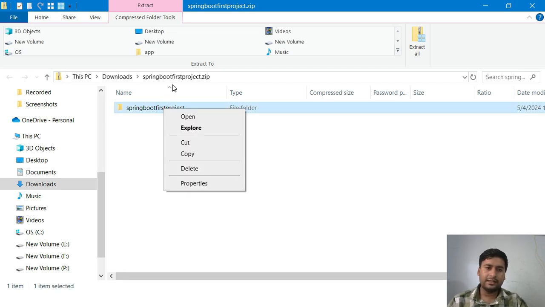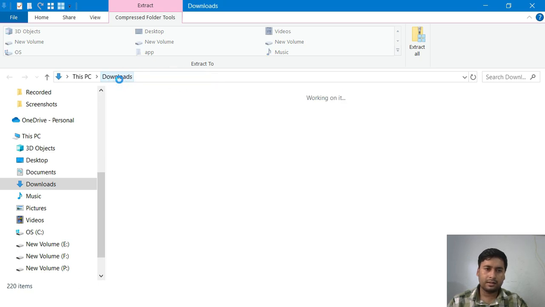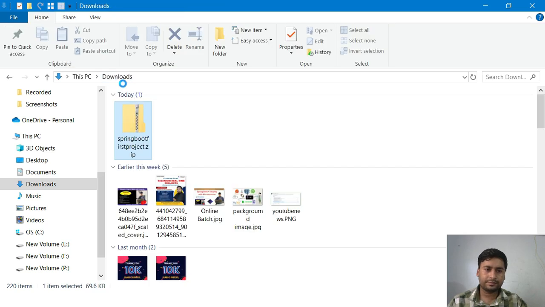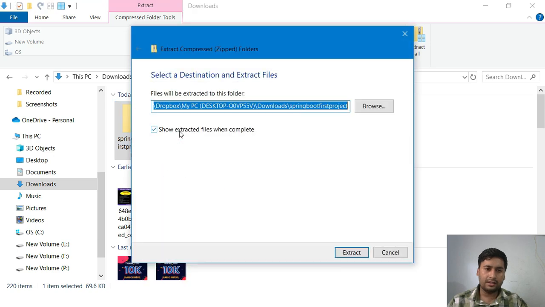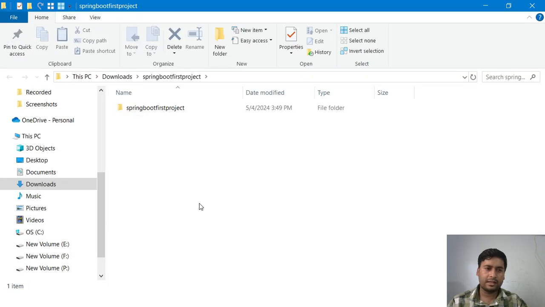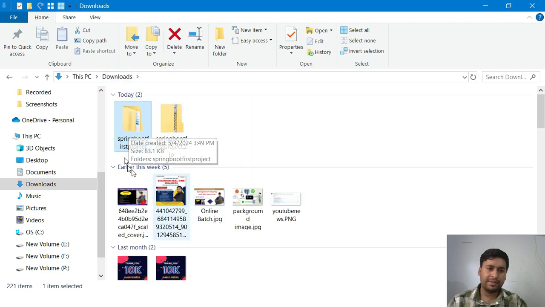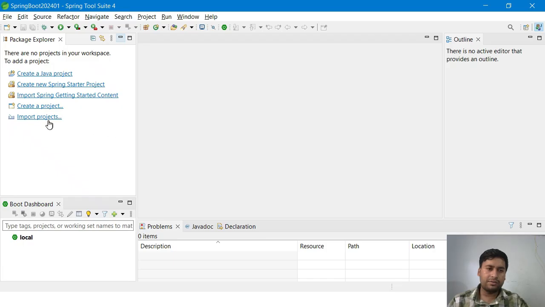Okay, so go to this package, otherwise go to download, or here you can do the extract all. Once you do it, it will extract your project. Okay, once it is extracted, you can see here one extracted folder. Okay, that's your project. And then after, we can go to the STS, or from STS we can click on